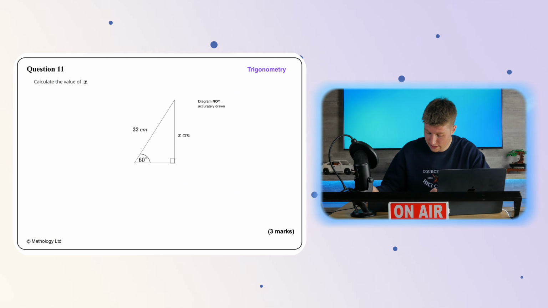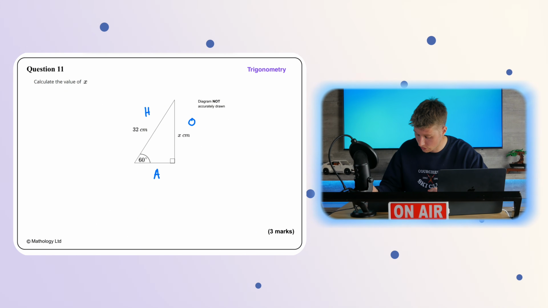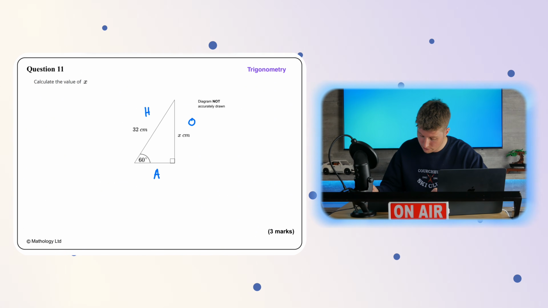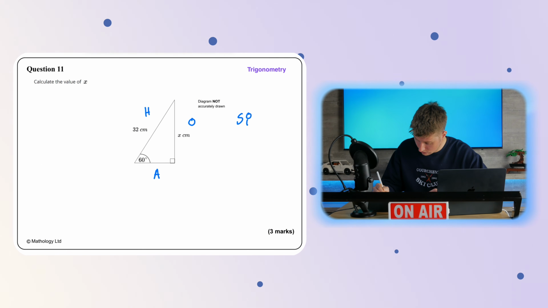Question 11 says calculate the value of x. Give your answer correct to 3 significant figures. So this is the opposite, this is the hypotenuse, and this is the adjacent. So we're going to use SOHCAHTOA to find out what x is, and we also have to note what our exact trig values are. So SOHCAHTOA,